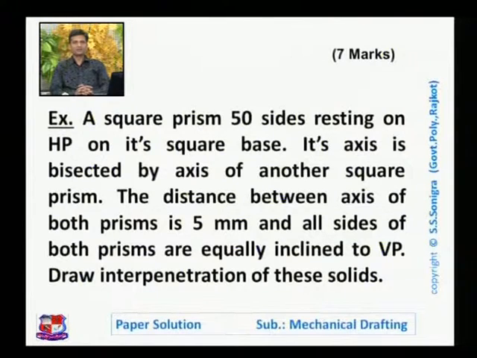So here first we think about the solid. Here a square prism is given, which is resting on HP. So its top view would appear as a square and front view would appear as a rectangle, as it's a prism. If it's a pyramid, its front view would be a triangle. Now after drawing the top view and front view of the given solid, that is square of 50 mm sides, we need to draw another square prism. The axis of both the prism